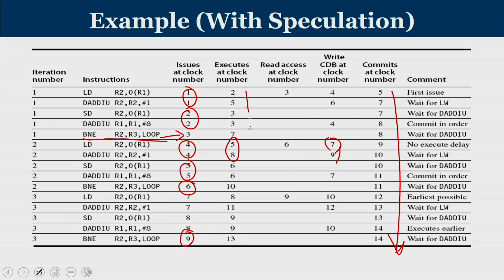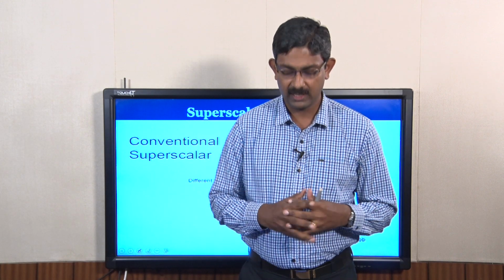And if you look at the execution numbers, you can see they are not in any sequential order. Some which are issued later will execute earlier than others. You can see that it is not in order. And the time at which they complete also won't be in order. You can see certain instructions completing out of order, but the commit always happens in order. So this is an example of that loop code with and without speculation. Now we move on to the concept of the superscalar processor from a logical understanding viewpoint.